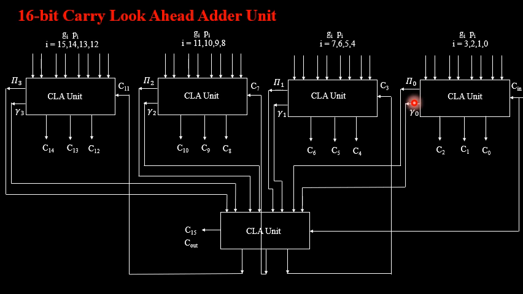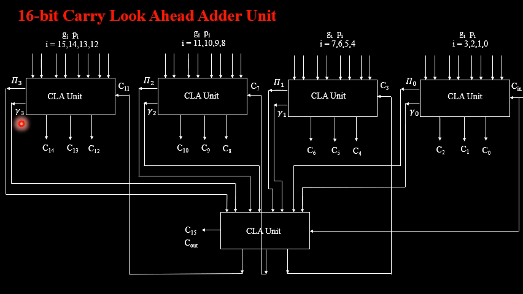So the main carry output generated out of this first block is nothing but carry output C3, which is written in terms of pi and gamma as pi 0 and gamma 0. The main carry output generated from the second block is C7, written as pi 1 and gamma 1. From this particular block the main carry output generated is C11, which is written in terms of pi 2 as well as gamma 2, and last it is the carry output C15, which is written in terms of pi 3 and gamma 3.